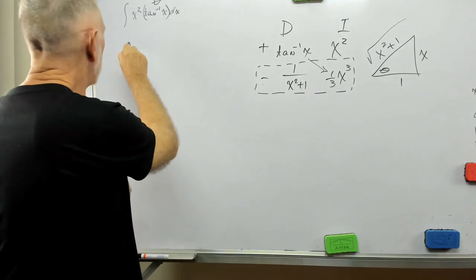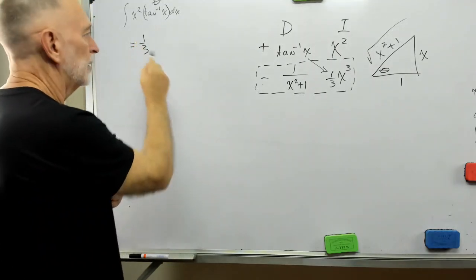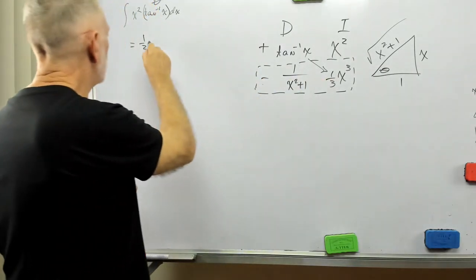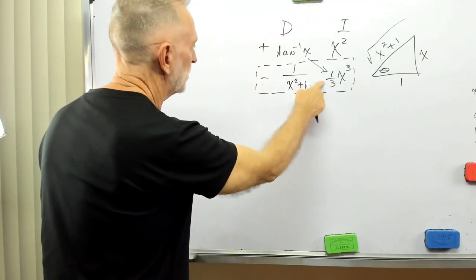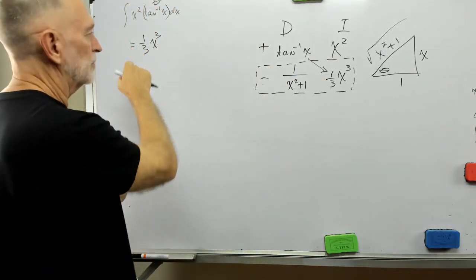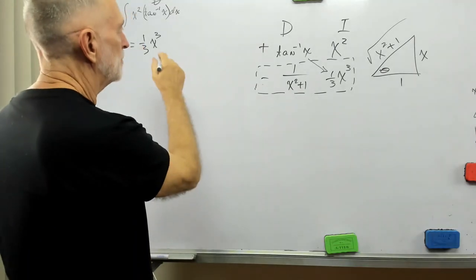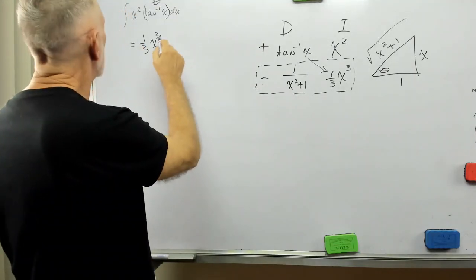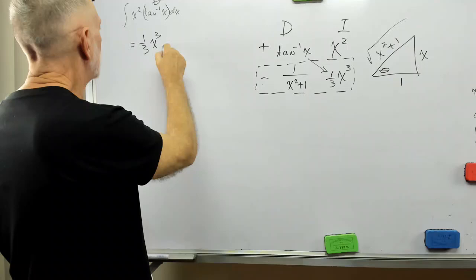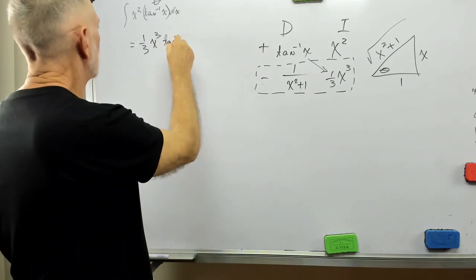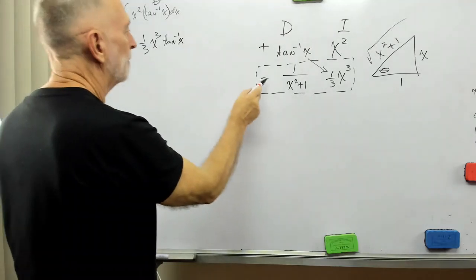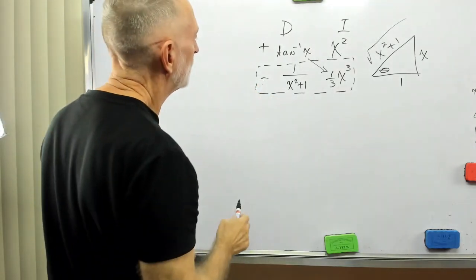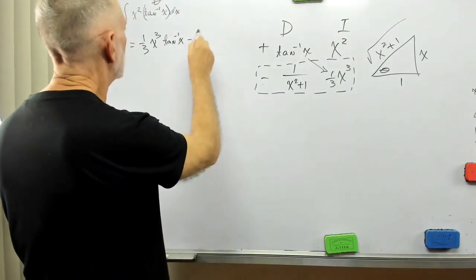Okay, so what do we have here? We have 1/3 x cubed. And by the way, that's positive, positive, positive. So all of these are positives. 1/3 x cubed tangent inverse x minus integral,